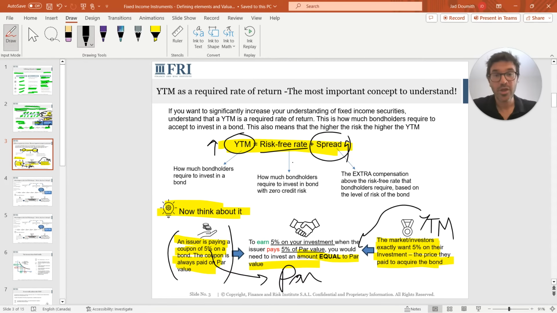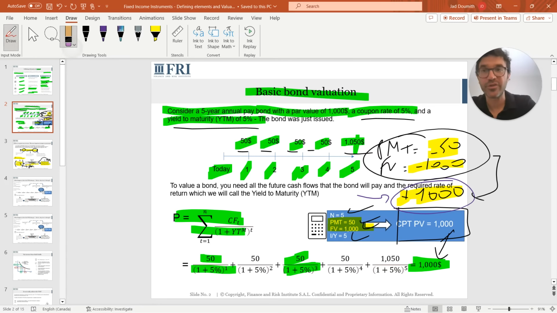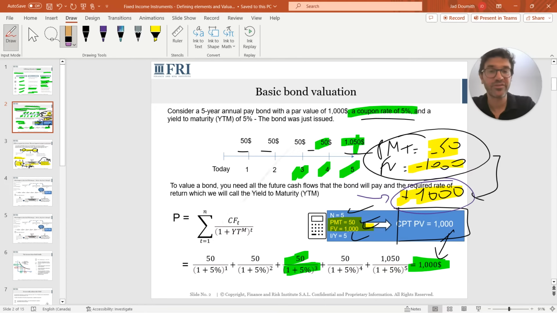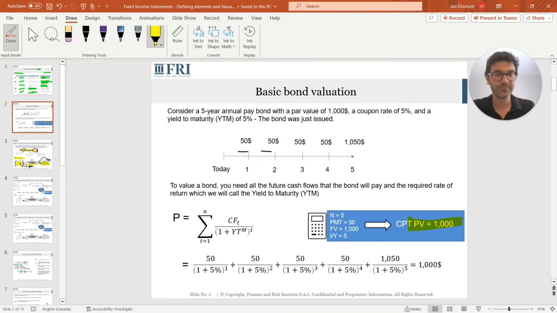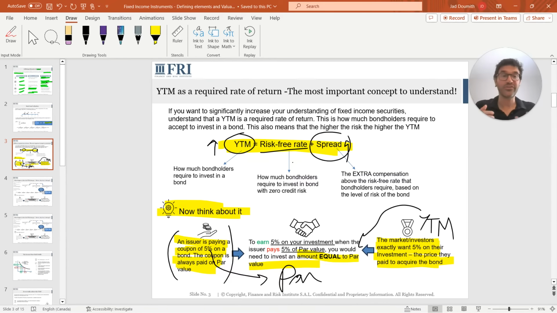This explains why when the coupon rate is equal to the yield to maturity, the price is equal to par. Of course, mathematically it's obvious, and we can demonstrate it like we did here. When the coupon is equal to the yield, the price of the bond turns out to be equal to par. But my preferred way is not only the mathematical way, it's to understand the mechanics of how the fixed income